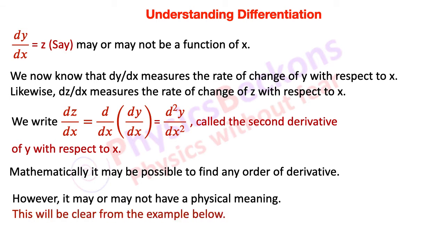So if you have a function, you can differentiate it once and write it as dy by dx. You can differentiate twice, write it d square y by dx square, or 3 times as d cube y over dx cube, and so on. That is third derivative, fourth derivative, and so on. We may not always need to find them, as will be clear from the examples which follow.